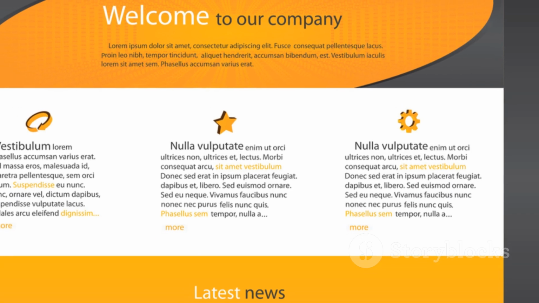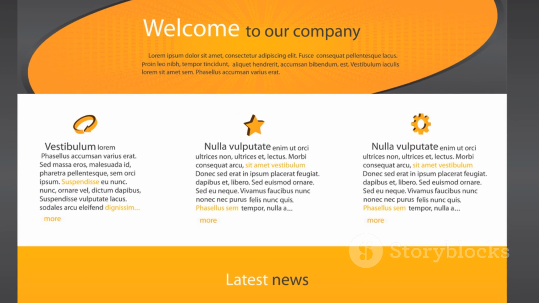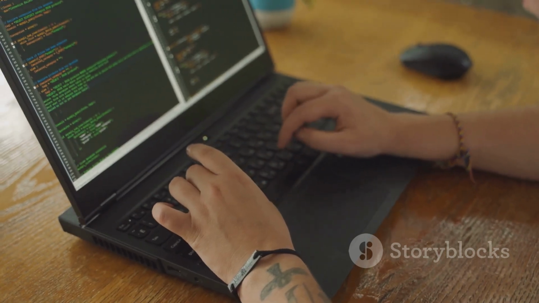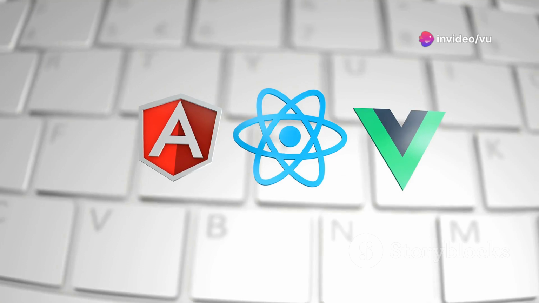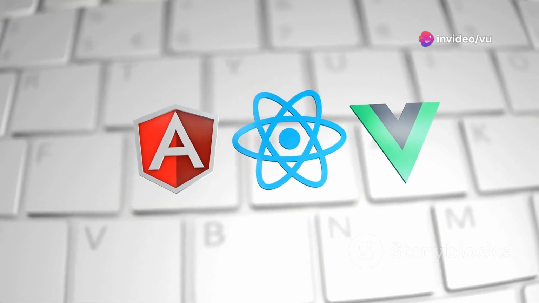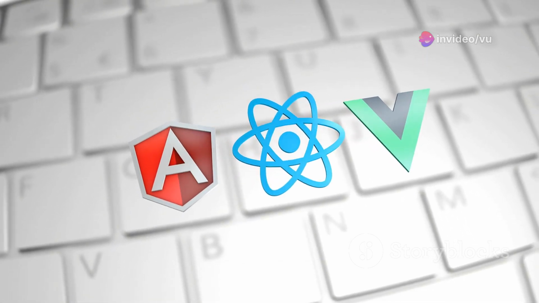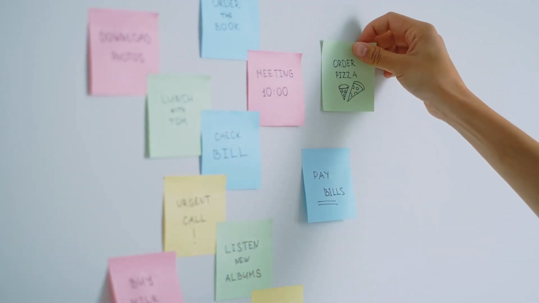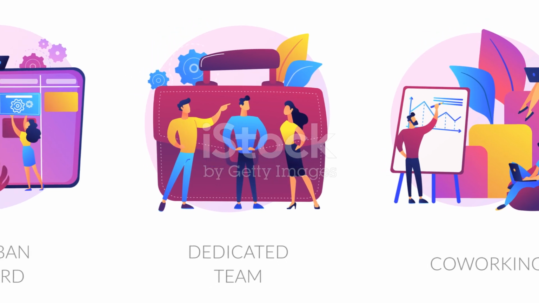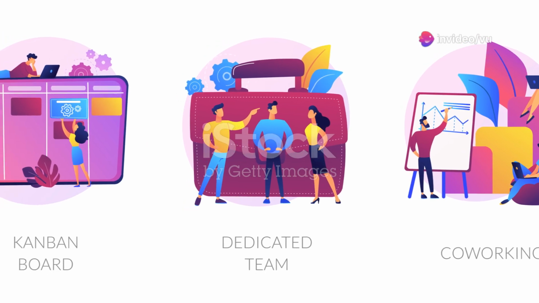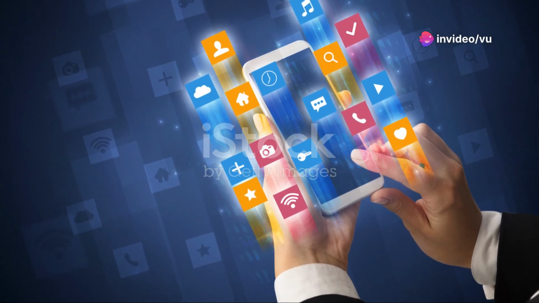Components can be reused and combined to create complex layouts. This modular approach makes it easier to manage and maintain large web applications. With Angular, we can easily create interactive elements that respond to user actions. For example, we can build a form that allows users to enter their task details. Angular's two-way data binding feature ensures that any changes made to the form are automatically reflected in the underlying data